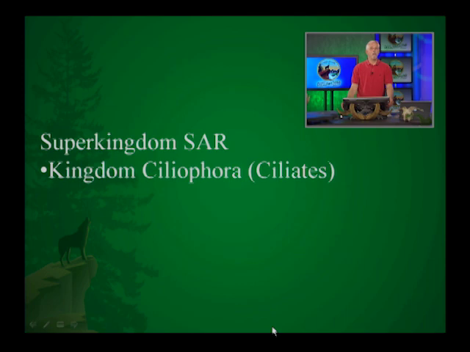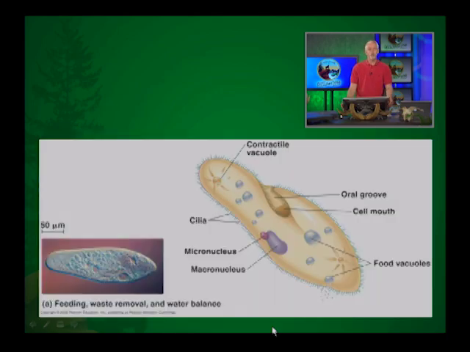Okay, now a very, very common kingdom is the Ciliophora, and we just refer to them as the ciliates. And so the Ciliophora bear cilia. So these are organisms, mostly unicellular, that have cilia and can swim with cilia. An example is Paramecium, but there are many, many other examples. So again, they have cilia which cover their surfaces.